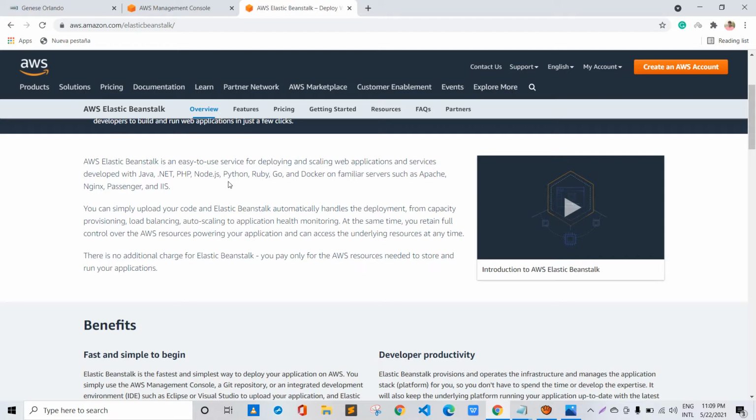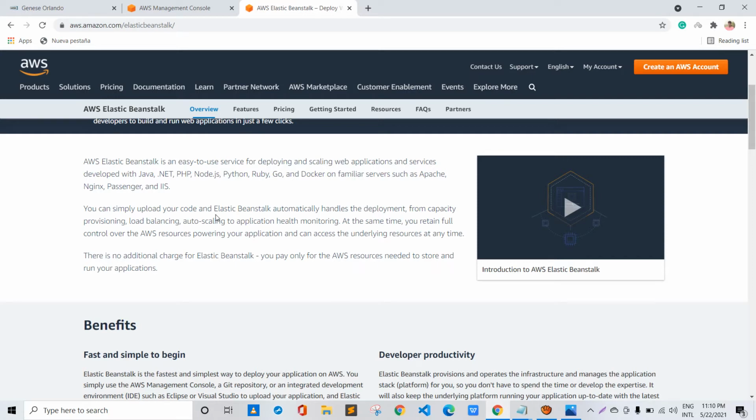But using the AWS Elastic Beanstalk, you just simply need to upload the Java based code, and everything will be handled by Elastic Beanstalk. So all the dependencies related to the Java application and the resources that we define while creating the Elastic Beanstalk, like if we need load balancers, or auto scaling, or a database or other specific resources, then we can just select that while creating the Elastic Beanstalk environment, and everything will be created by AWS Elastic Beanstalk for us automatically. So we just don't need to worry about anything. We just need to upload our code, and Elastic Beanstalk will look after everything.